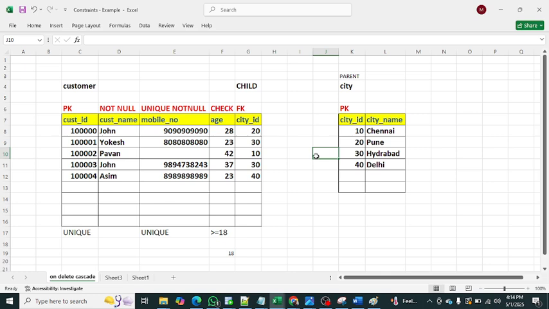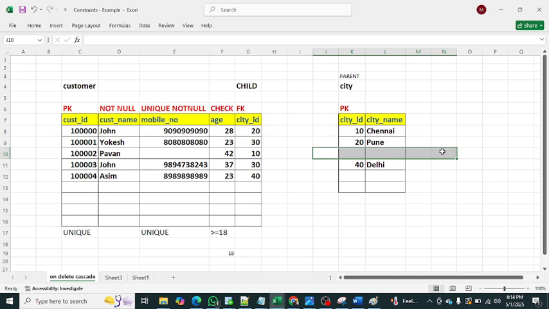We have provided the reference. If I am trying to delete this particular column value here in this parent table,